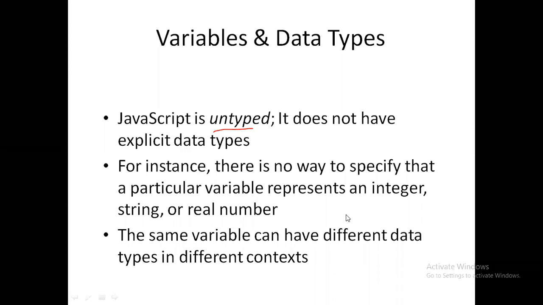Here, if I give an example, if I say a is equal to 10, then again I can say a is equal to x, y, and z. So what is this? Again, this is a variable. The keyword I have to use for this is var. Now for this also I will be using var.